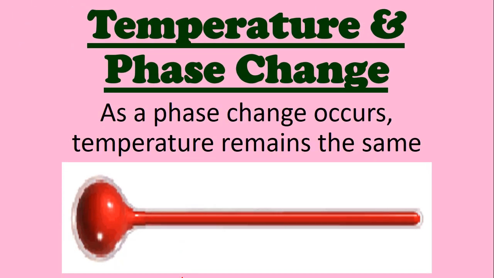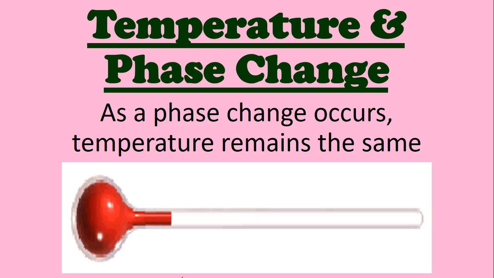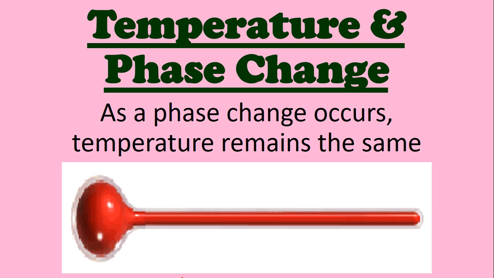Now, those are some phase changes. If you've ever studied the water cycle, you would have studied those in earth science. Now, phase changes happen when you go in between the different states of matter. You can also indicate it with temperature, because during the phase change, the temperature will remain the same. It can increase or decrease before or after the phase change, but during the phase change, the temperature is going